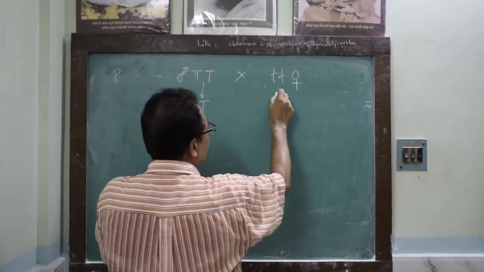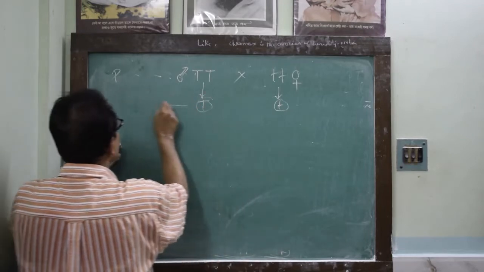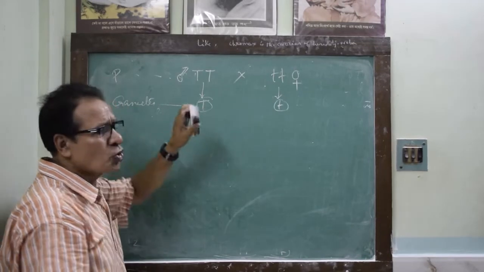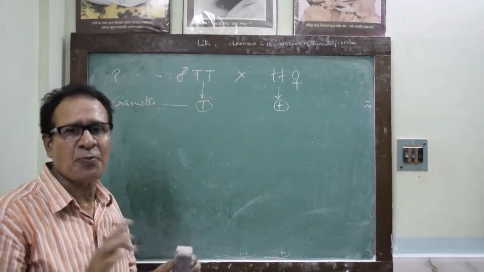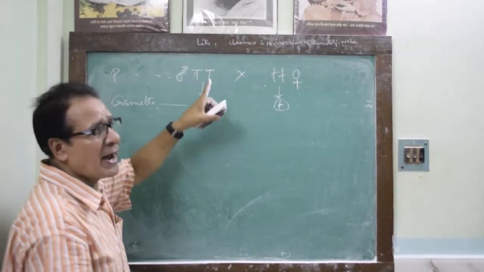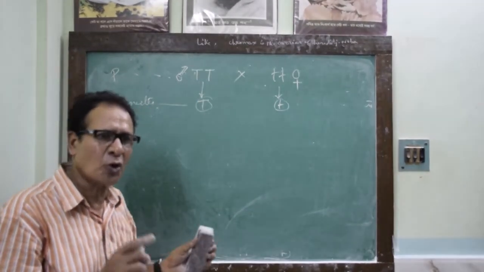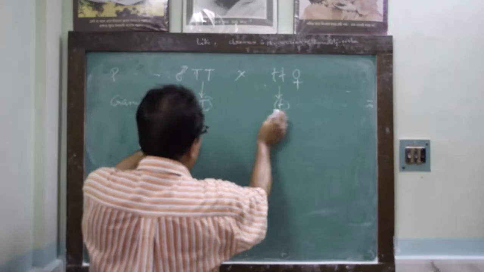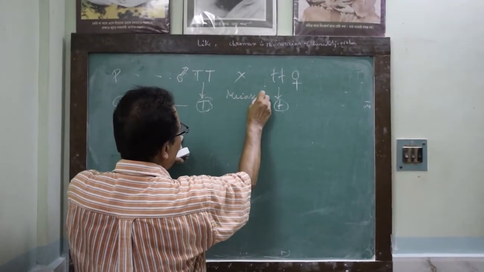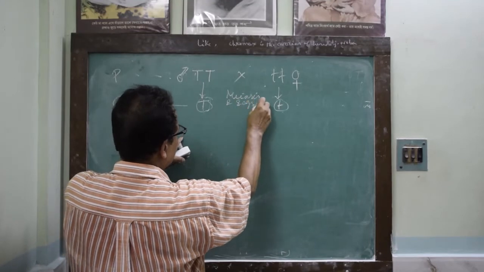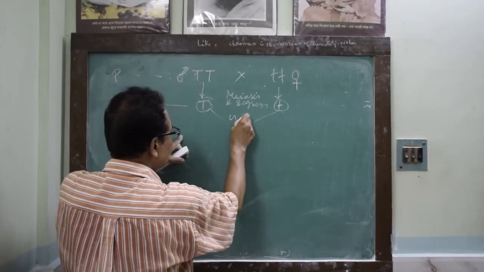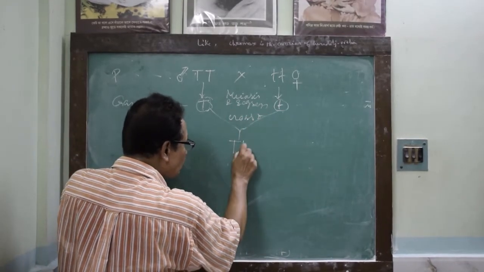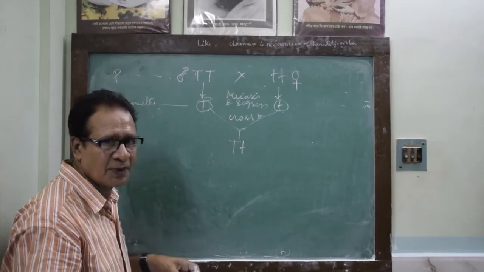Capital T, small t, these are the gametes. Here one or two types of gametes are not formed, it is only one type, and the gametes that are formed are all of the same type, so you can write only one. And hence here we write capital T and small t, that is meiosis and segregation. Then cross fertilization, and by cross fertilization the offspring produced carry both capital T and small t, and he collected the